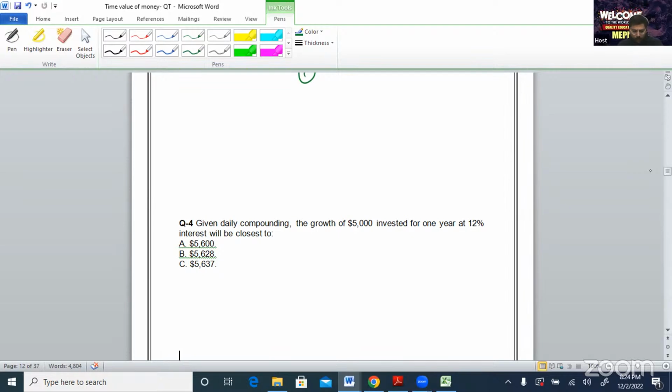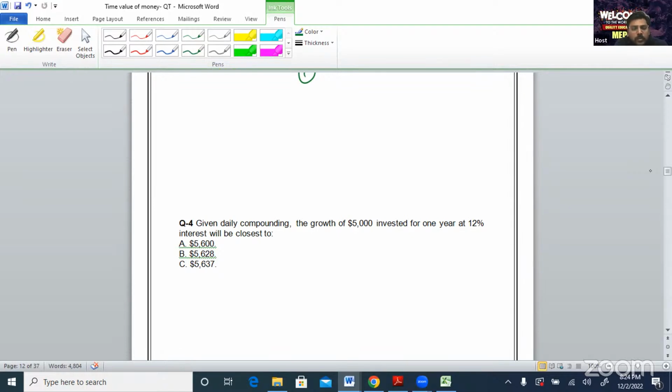So what I can do? I can simply again second clear TVM. Either I can calculate effective return for the whole year and simply do it, or I just clear the TVM first. My N will be what? 1 year, and compounding is daily, so 365 will be my N. I/Y is 12%, 12 divided by 365, so it is coming 0.032876. So this will become my I/Y.